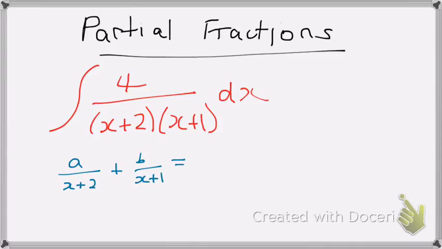Okay, and you'll see in a minute why the thing on the top must be of degree 1 less than the thing on the bottom. So I've got a linear thing on the bottom, so that means the thing on the top must be just a number. And if I had a quadratic on the bottom, then the thing on the top must be a linear thing. It might be a linear thing that actually turns out to be a constant, but the point is it could be linear. So now I combine the 2 fractions, so I get a bracket